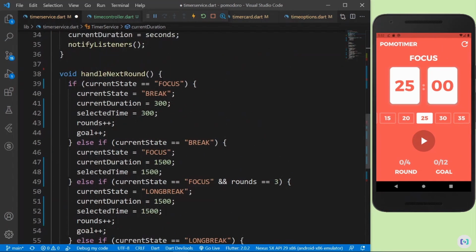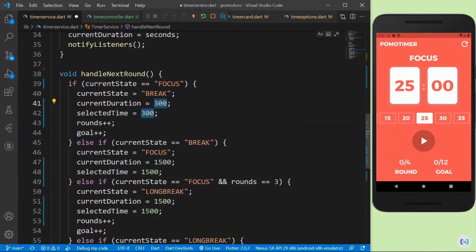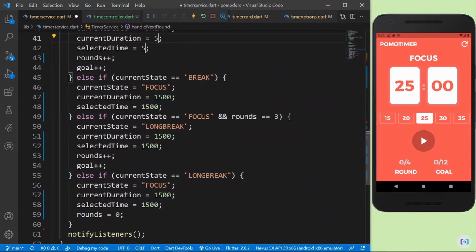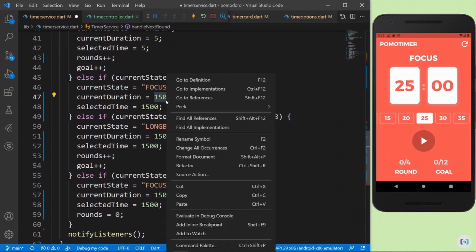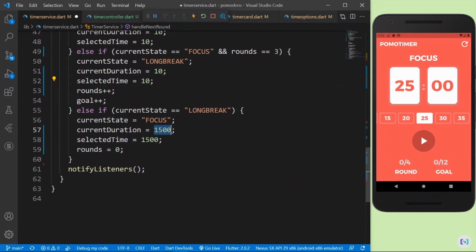And when changing the break, I'll change all occurrences, I'll just say 5. And here also I'll say 10, change it back to 10. So long break is also going to be 10, because of course I don't want to wait 25 minutes to test our application out, right? So I'll just work with some dummy values. So I'll just say 10 here, 10,